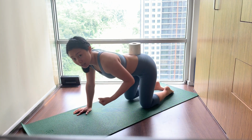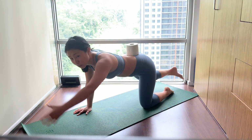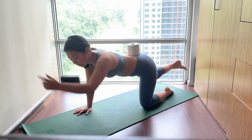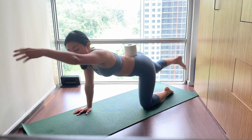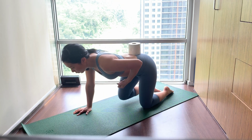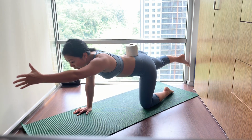Making sure we're lifting that tummy up. Try not to let it drop here. Use your bum to lift that leg up. Use all those back muscles to pull the hand forward. Try not to sink into that hand that is on the floor here. 4 more here. 3, 2. For our last one, we're gonna reach the hand, reach the leg away, hold it there, bring it down,